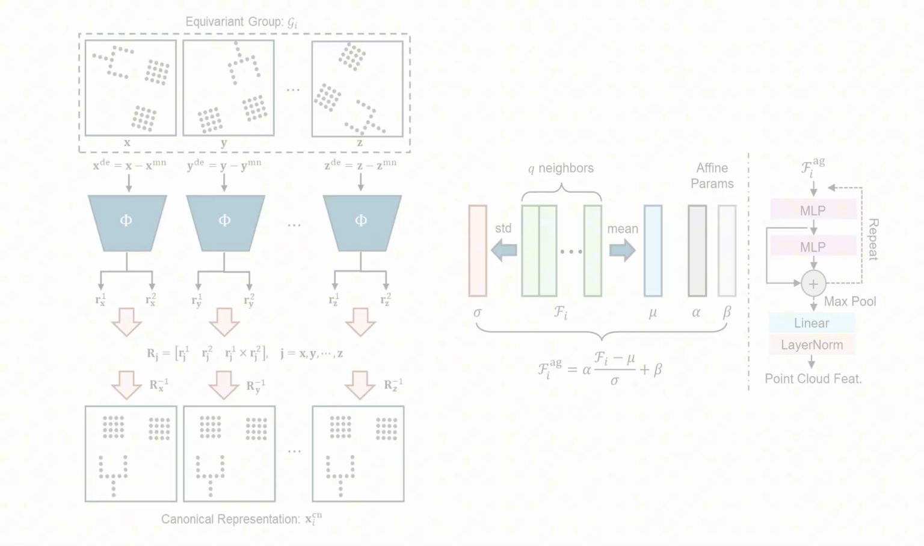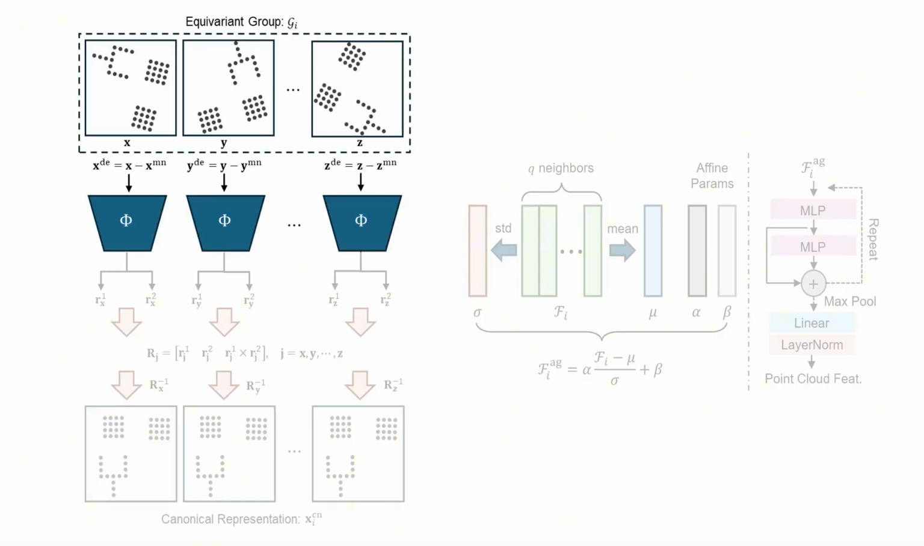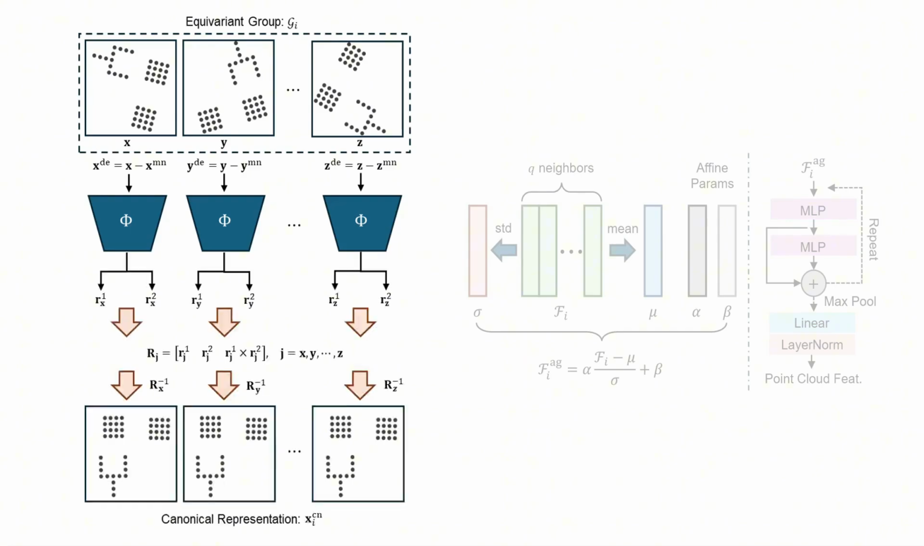This figure further illustrates two key modules of our pipeline. On the left, the data canonicalization pipeline uses an SO3 equivariant encoder to align input point clouds to a shared canonical frame. This ensures that rotated or translated inputs map to the same canonical representation, enabling policies to generalize across